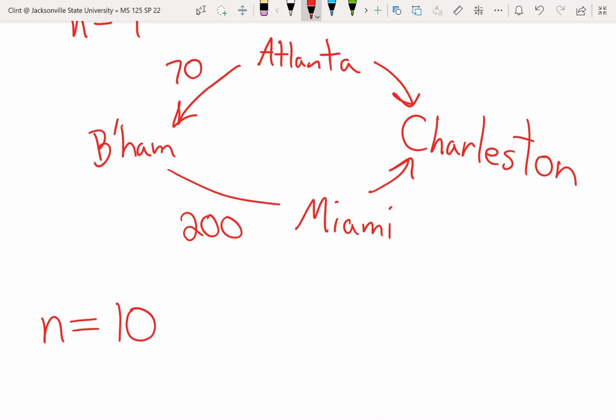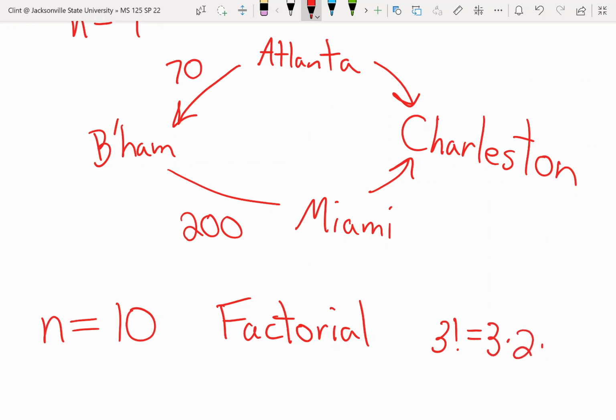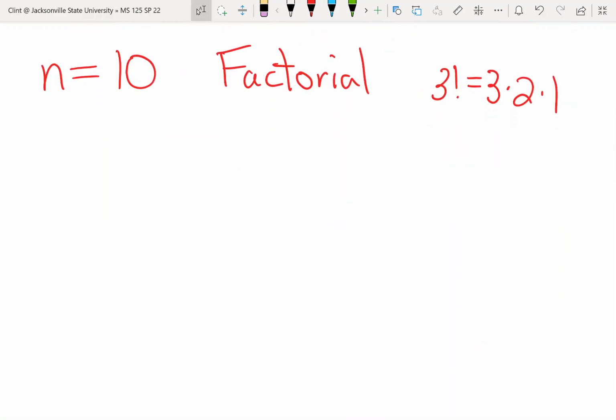It grows in a factorial manner. Factorial, where 3 factorial means 3 times 2 times 1. You do the number you start with times the next number down times the next number down. So we talked about exponential growth being really big. Factorial growth is even bigger than exponential growth, even faster. So by the time, I forget exactly where the number is, but by the time you get to